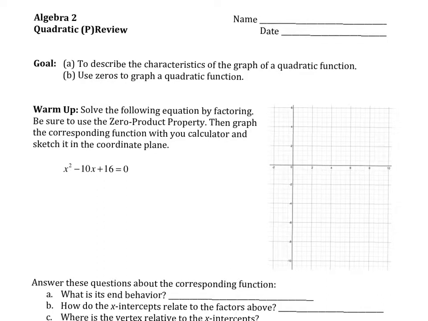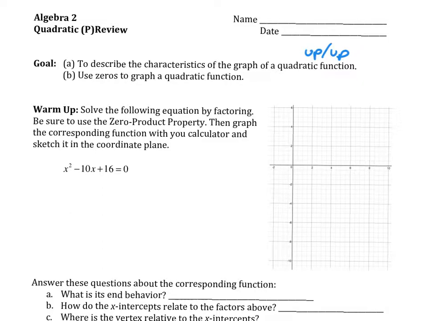Today, in light of what we talked about yesterday, we are going to take a pause from moving forward to review some stuff backwards to prepare us for what we'll talk about tomorrow. So we are going to talk about the characteristics of the graph based on what we did yesterday. Remember where we said, oh, this one's an up-up function or an up-down function. We talked about end behavior. We're also going to look at how the zeros of a graph and how we can use those